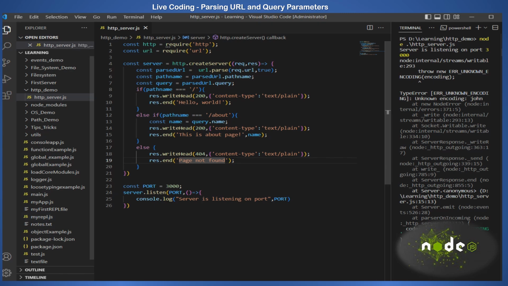So it seems there is some error, unknown encoding, right? It did not encode it properly. Okay, so we'll see how we can handle that. Okay, so it has passed, so let's try to print the